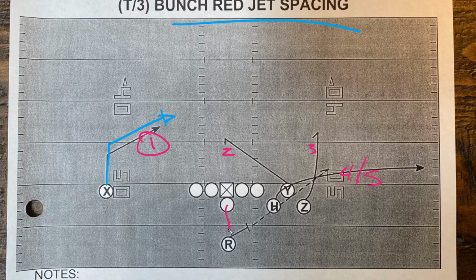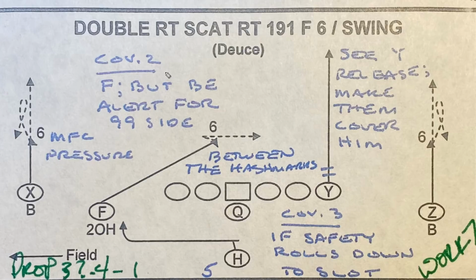That's simple. 3-step, look to the left, flip your hips around, get a little depth. Basically, in my mind, versus zone coverage, it's really just like having 3 checkdowns. It's a slant and 3 checkdowns. Get a completion. Now we're in the digit system, which for me was Mike Martz in Detroit here for this